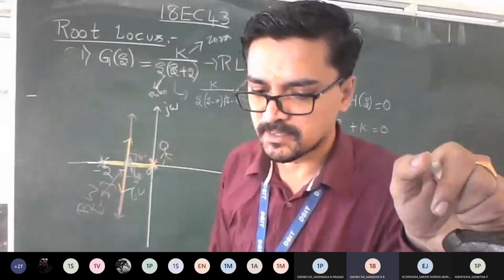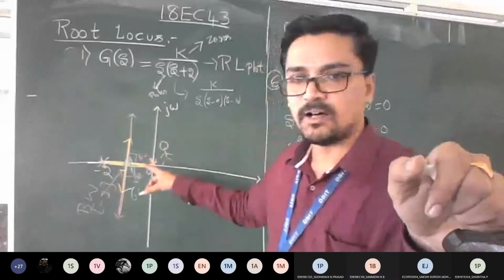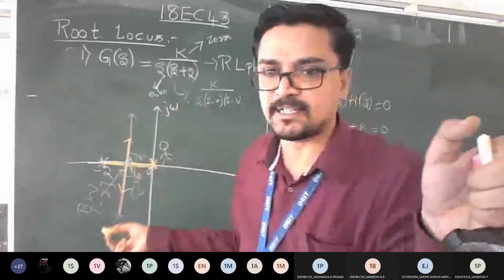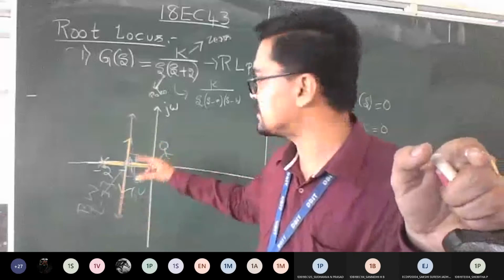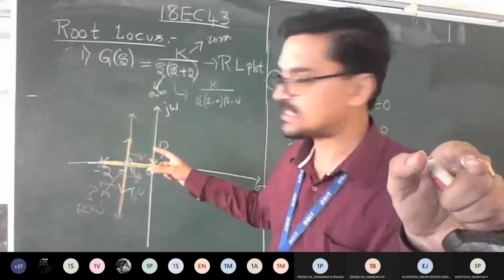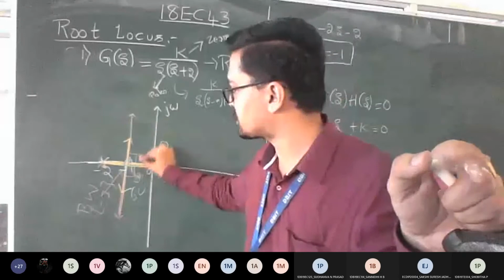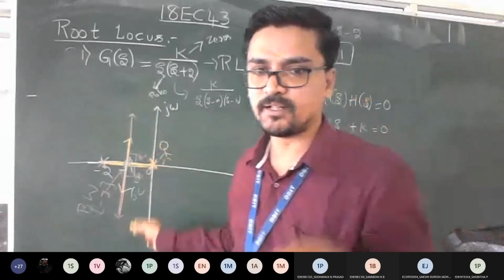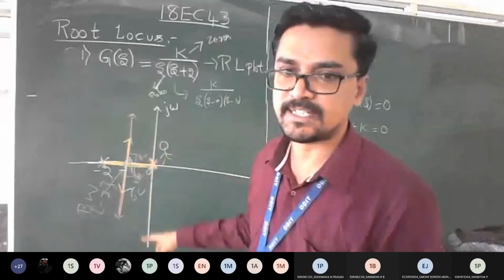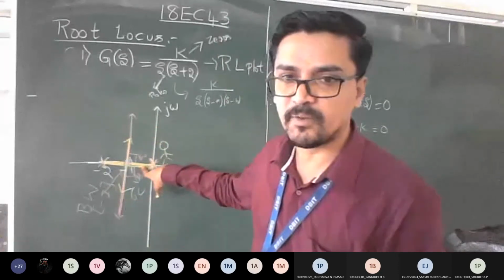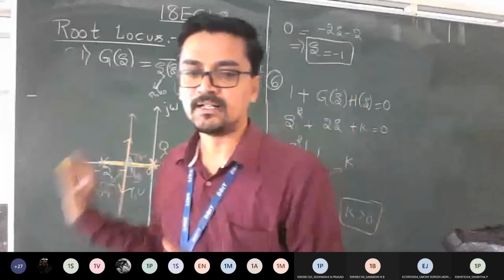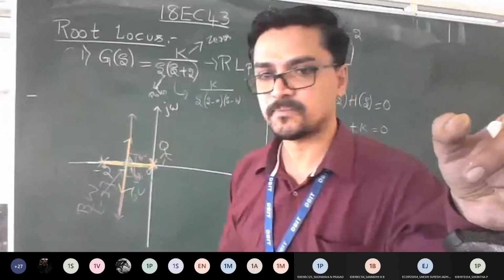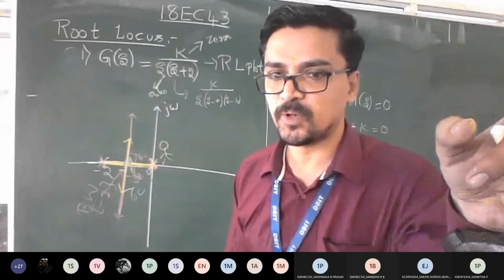Yes, sir. Good. So now the last thing is intersection. Just now we proved there is no intersection on the imaginary axis, so it means 0 only. So step number 6 we can't plot here, because for the imaginary axis I would need to make connections from the breakaway point to the y-axis. Since there is no K margin, we proved there is no existence of intersection between the y-axis and the breakaway point. Hence we can conclude this itself is your plot of root locus. Am I clear to everyone how to plot?